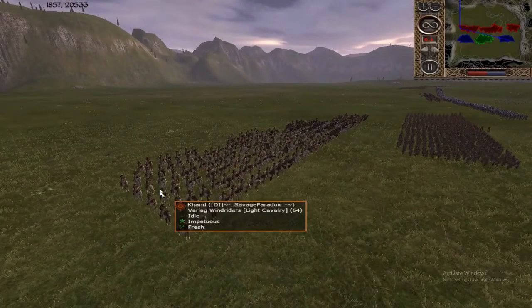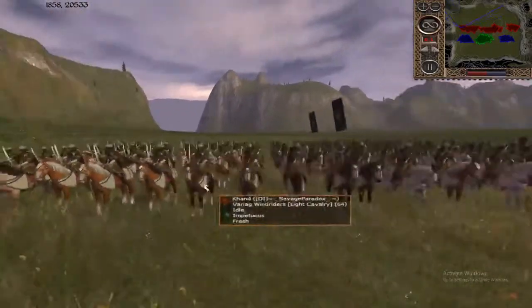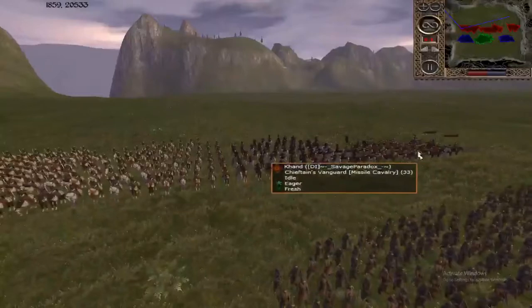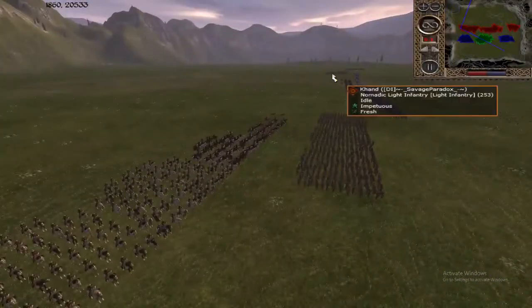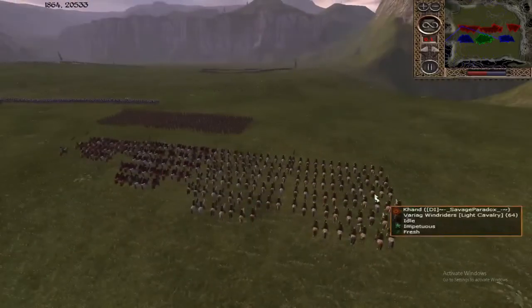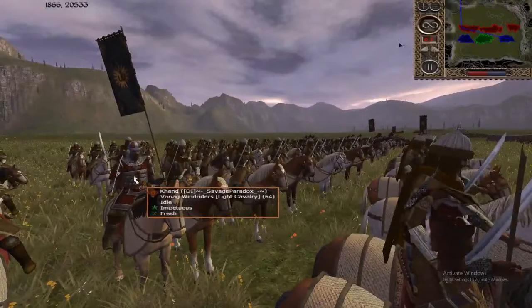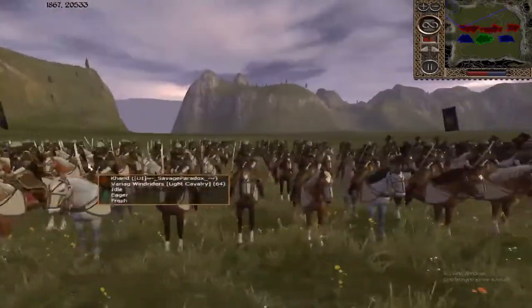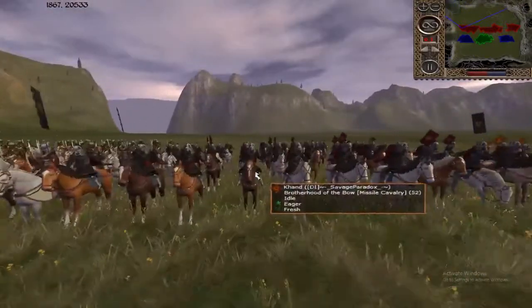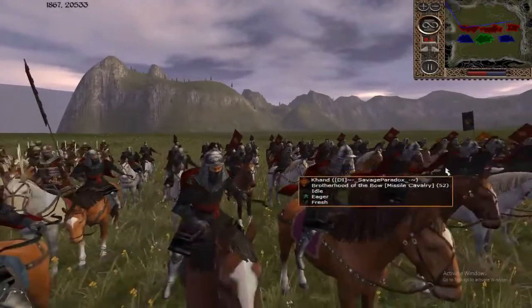the Varag Windriders. Yeah. So as you said, the Varag Windriders, yes, 2 of them, and they are melee cav. They are very good against hunting down other cavalry units and cutting them down. They're quite fast as well, so they will serve right against Arthedain. Right next to them we have the Brotherhood of the Bow, and they are better quality